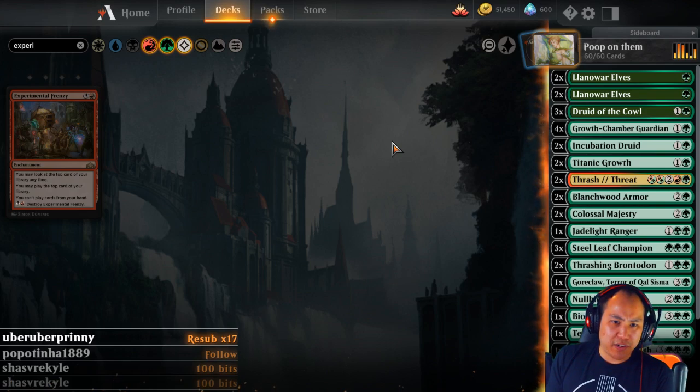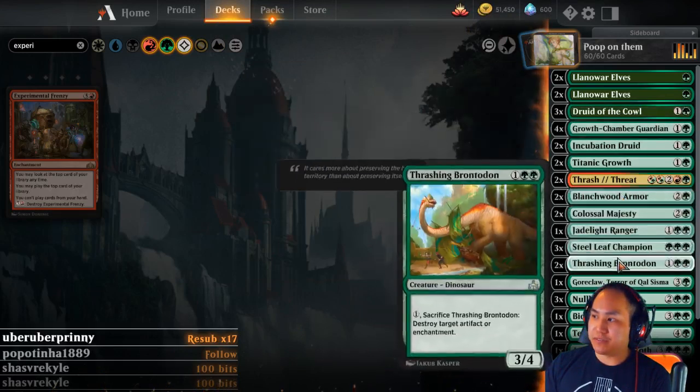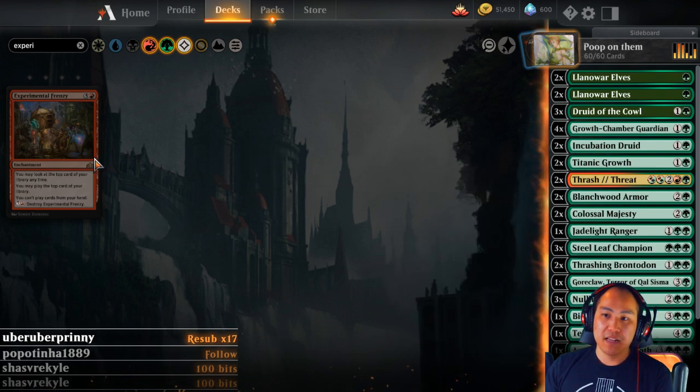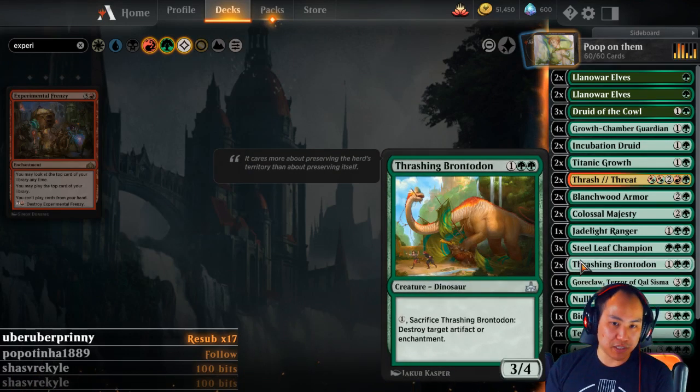Because you only get 7 cards, plus the 2 or wherever, how many turns you play, and they don't have that much ammo. That's why I've started running Thrashing Brontodons. 3 mana for a 3/4, that's already good by itself. But you can pay 1 to sacrifice to destroy target artifact or enchantment. Someone dropped this on turn 4, I don't know why they did it, and I just dropped a Thrashing Brontodon on turn 4 and blew it up, and they just left the game,